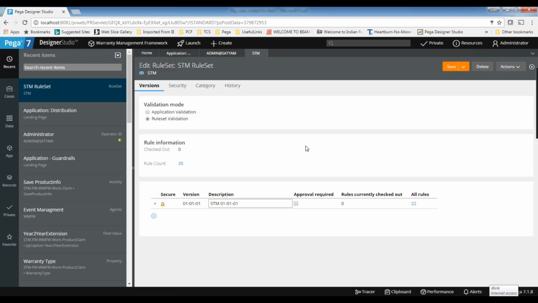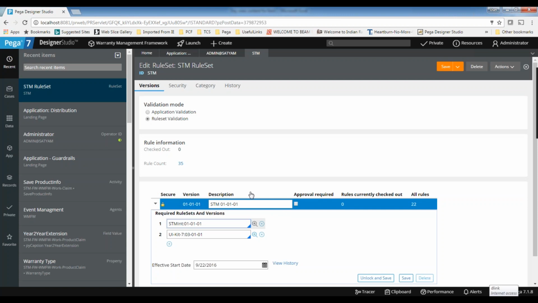Sorry, Subhash, I'm interrupting again. So new version means generally if you go and check out, automatically it will create a new version, or do you have to save as or something? Once you create the new version, once you private edit and check in, it will go to the next unlocked version. So no need to save as. Okay, the system will take care of the version management, right?